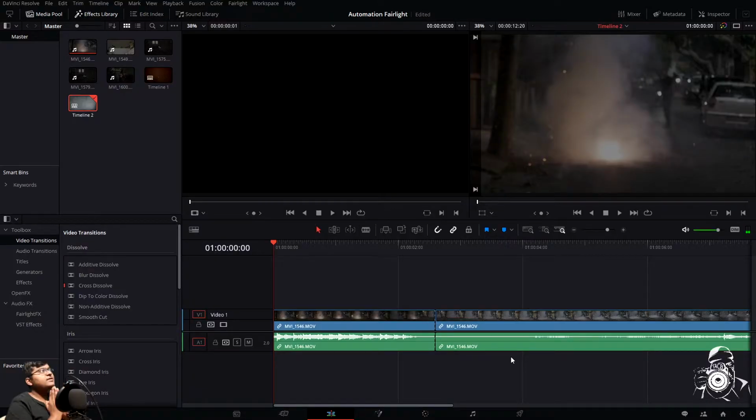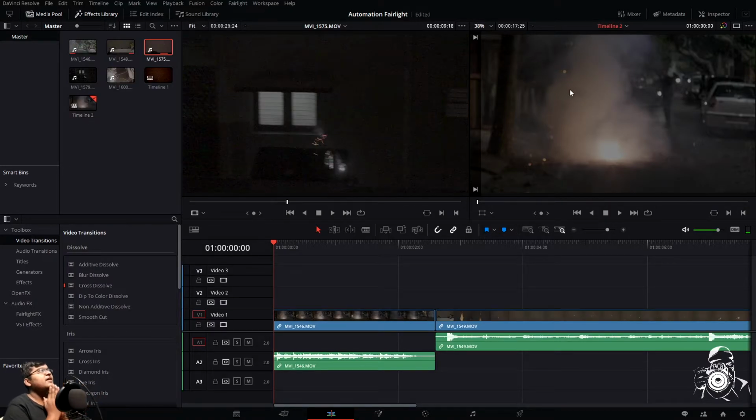So here is a raw timeline. In this, nothing automation is done. I'll tell you from start how to do. Okay, so these are my footages. So the first thing which we have done is separating each audio track to, like you can see here, for every clip we have assigned one track.